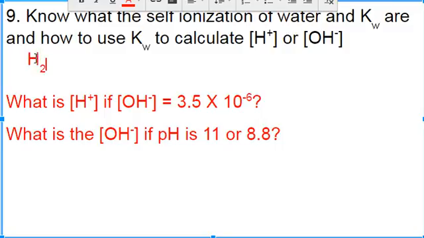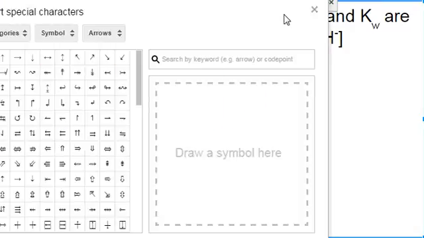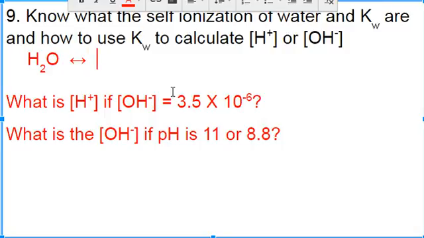So H2O, if it self-ionizes, it's going to be a reversible reaction. So let me get a double-headed arrow here. And you're going to end up with H plus and OH minus. And the important thing here is that you realize you're going to have equal numbers of H plus and OH minus. So we can set up a Kw, or an equilibrium constant,